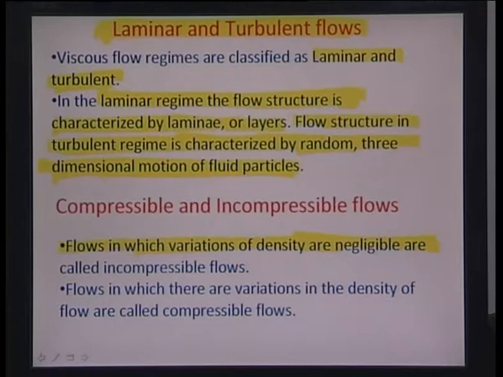Okay. So, the flows in which variations of density are negligible are called incompressible, and those where the variations in density are substantial are called compressible flows. Okay. That is how you divide flows into compressible and incompressible, apart from laminar and turbulent